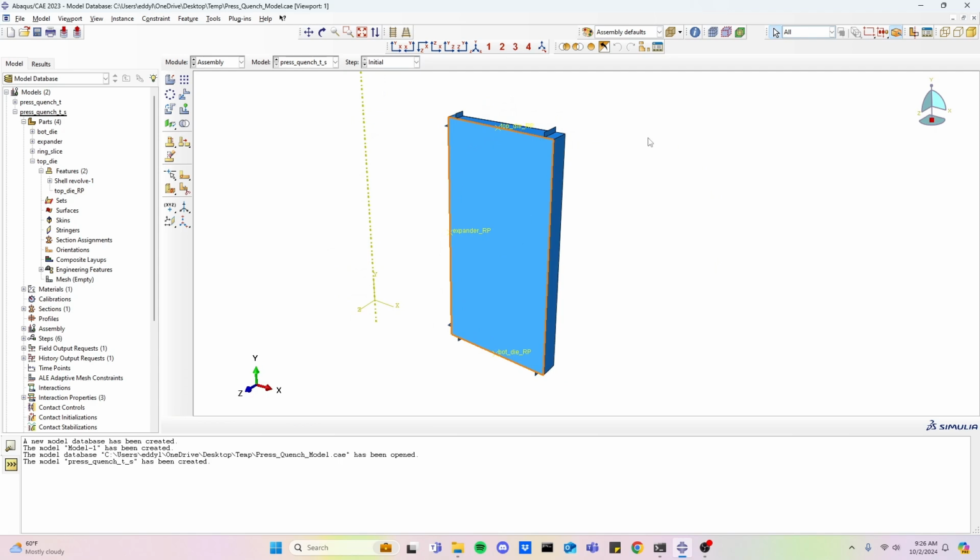If you use the same coordinates to define the top die, bottom die, and expander, it should be perfectly touching our ring slice here with no separation between the surfaces. So this would make convergence a little easier and help make it easier to set up the model. So now that we created the instance and added it to our assembly, we can go to the mesh module